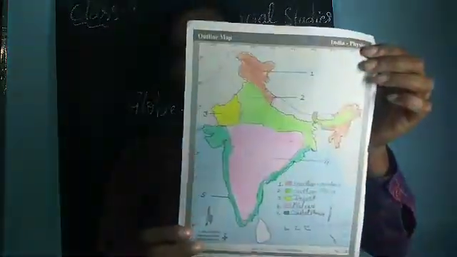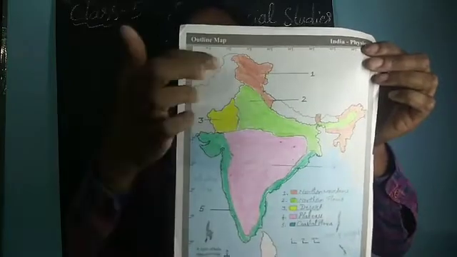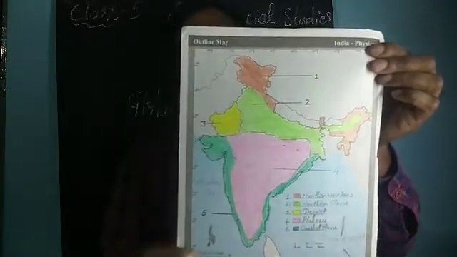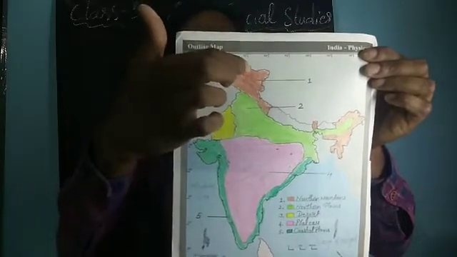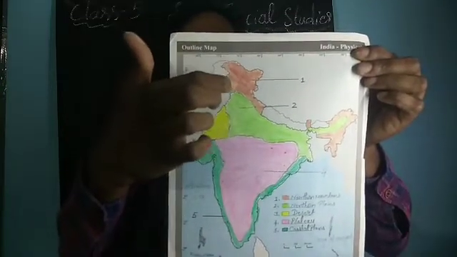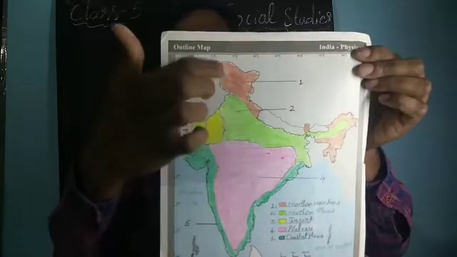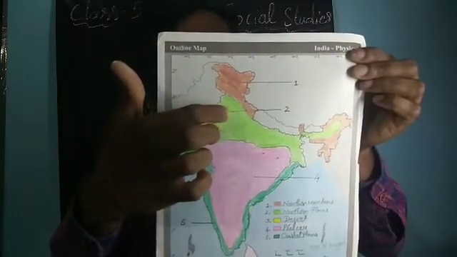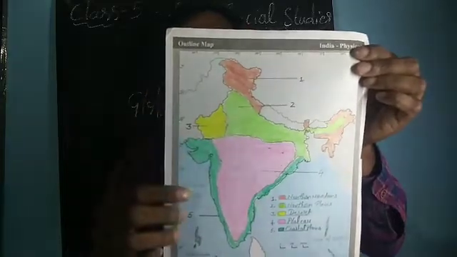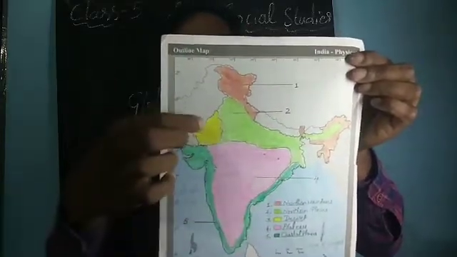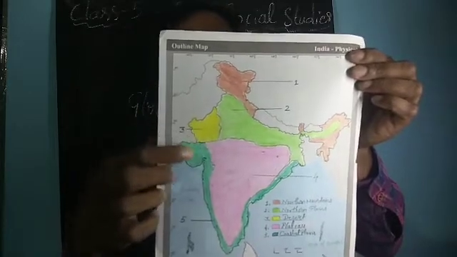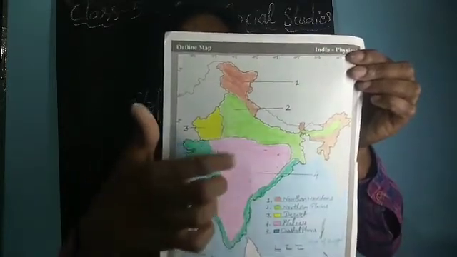You can see this map, it is showing the different physical features. Physical features means the geographical features of the country. Here you can see the northern mountains, then followed by the greenish color. The brown color is northern mountains, the greenish color is northern plains, and then the desert. You can see the desert here. This is a desert region, one of the physical features of India, and you can see the plateau region here,